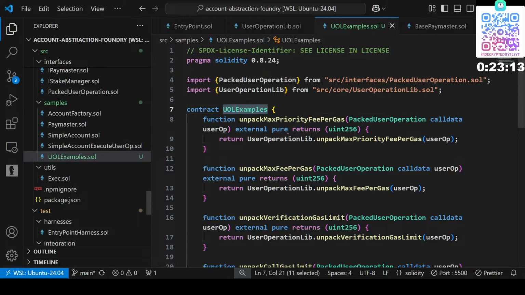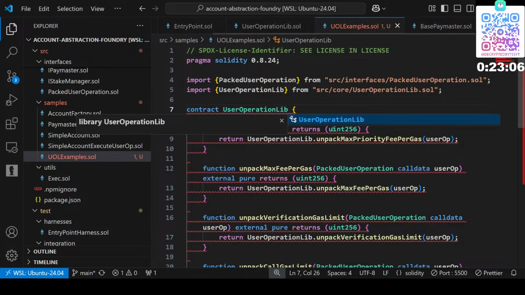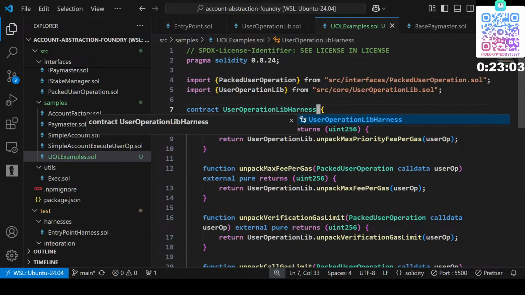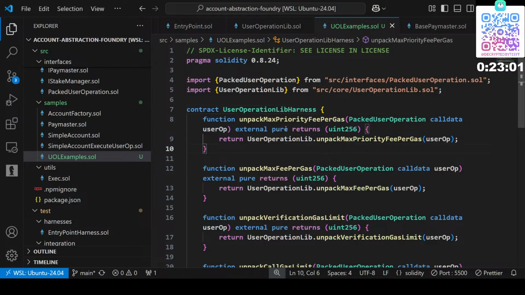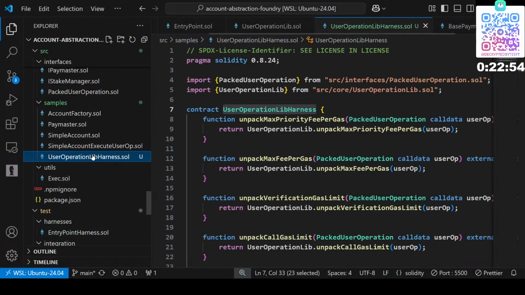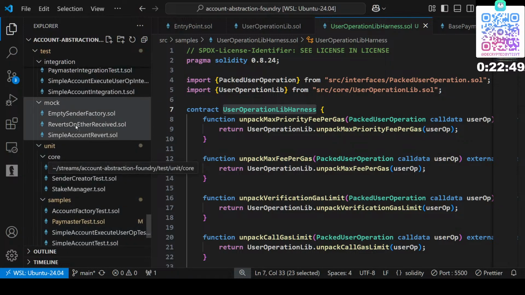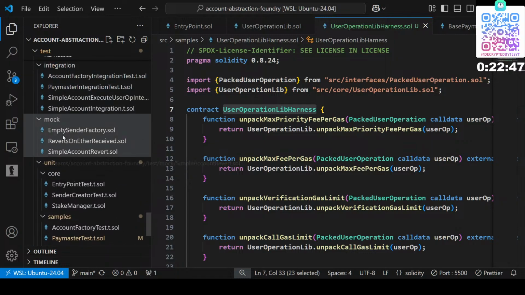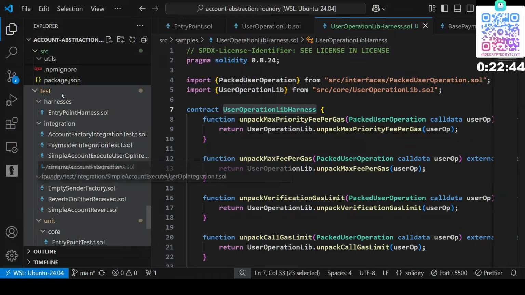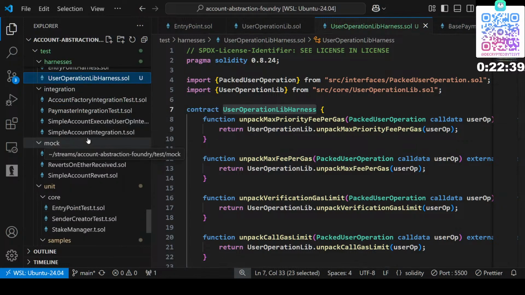But okay, let's say UserOperationLib harness. Copy, rename. Let's move this to harnesses. Harness. Yes. Okay. Now that we have it,